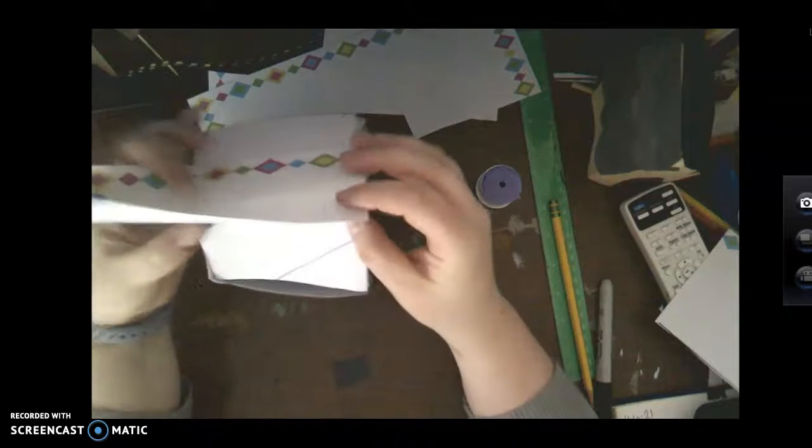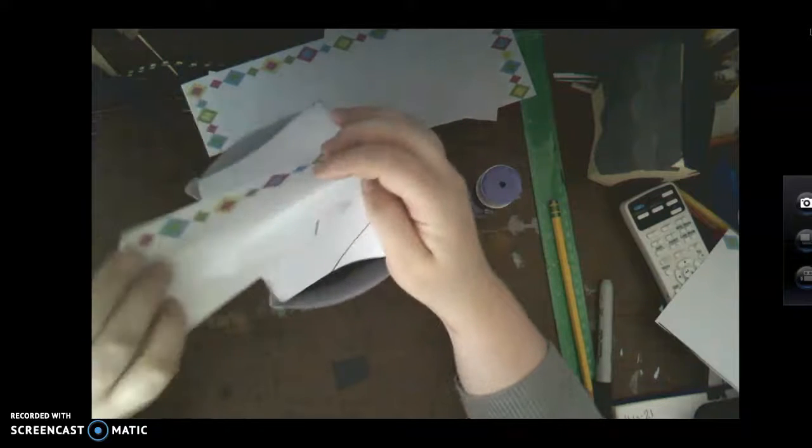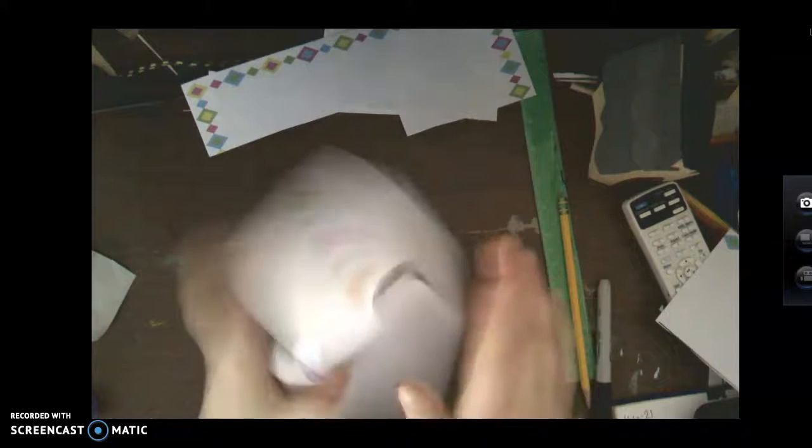Okay. So I'm just gonna lay it across like this. And then my piece of tape is too big, but that's okay. What I'm gonna do is cut it off. Okay. So I'm gonna cut it off right here. And right here. Okay. All right, just like that. Okay. And then I have an opening here that I might try to fuse together too,